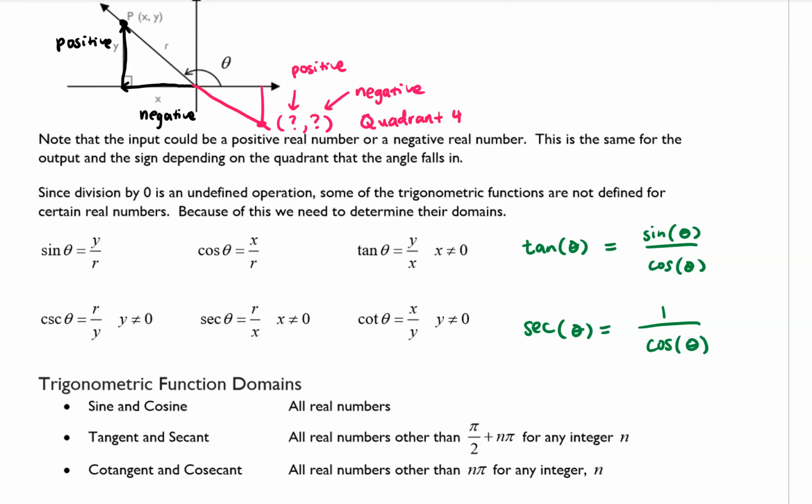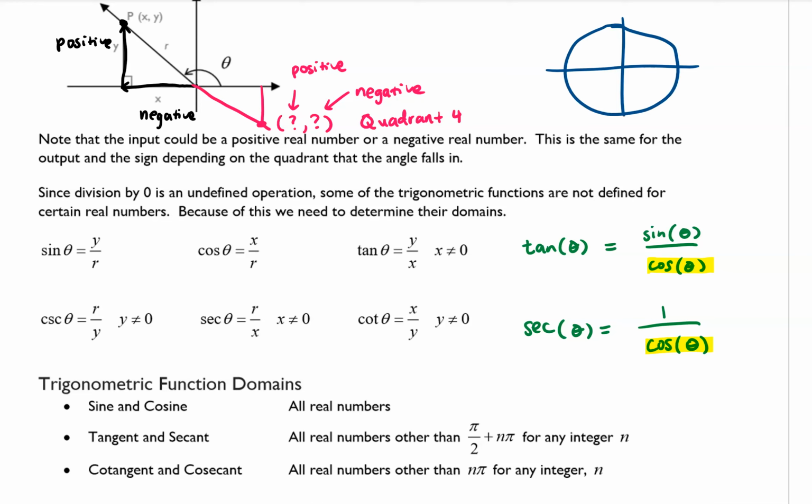Now, the domain is going to be all real numbers except for the values that are going to make cosine equal to 0, because notice that both of these have cosine of theta in the denominator. And so if you think about the unit circle,